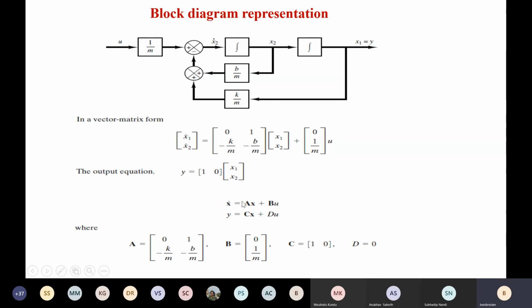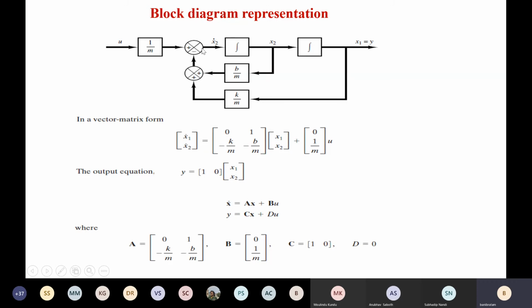So this is the general form. Basically x dot equals Ax plus Bu, and y equals, in the previous example we have seen, Cx, but sometimes in y the Du term can also be there if some other type of equations are there. Now for this specific example, what is the matrix A? This one is the matrix A, this one is the vector B, this one is the vector C, and here we don't have any Du term, so D will be 0. So that is the equation form.